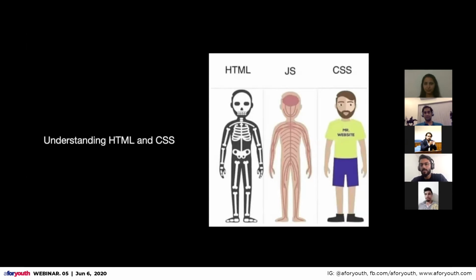All of these actually create a whole website, but only the bones and the structure is called HTML. And all the clothing upon it, just like skin and colors and everything nice added to your structure, is added by CSS. But all the brains behind how the website works is actually coded in JavaScript.